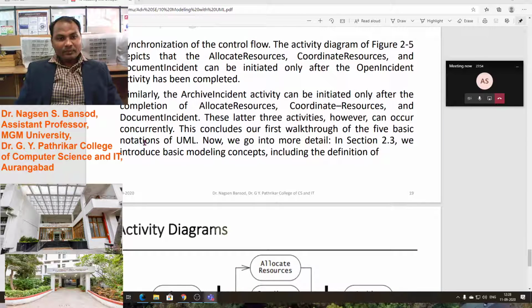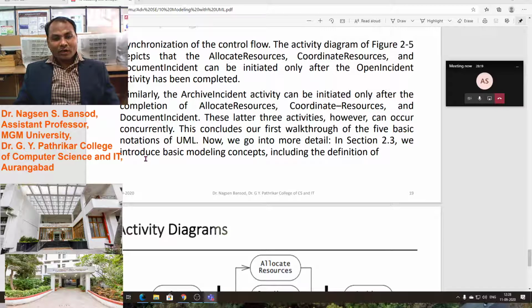Similarly, the archive incident activity can be initiated only after the completion of allocate resources, coordinate resources, and document incident. These latter three activities, however, can occur concurrently.